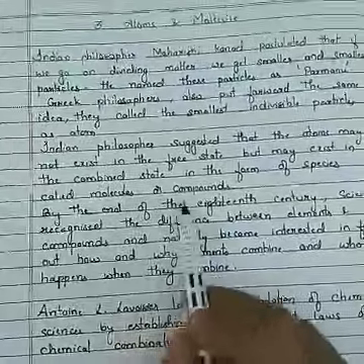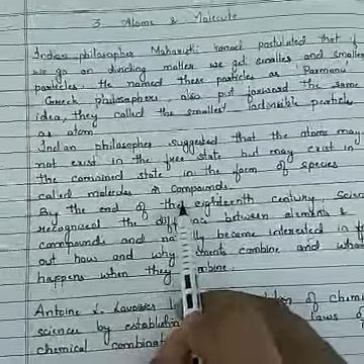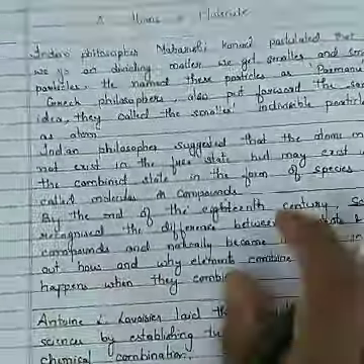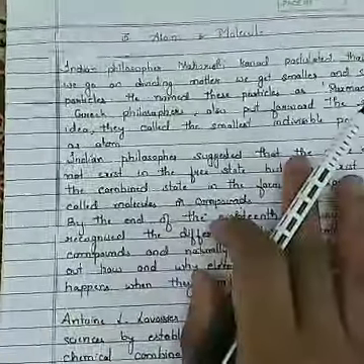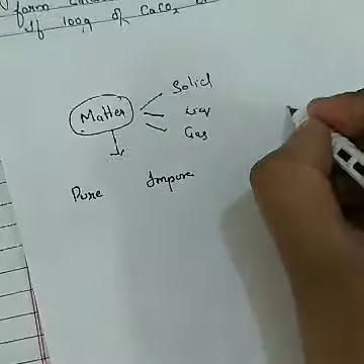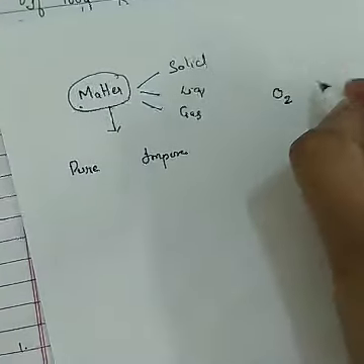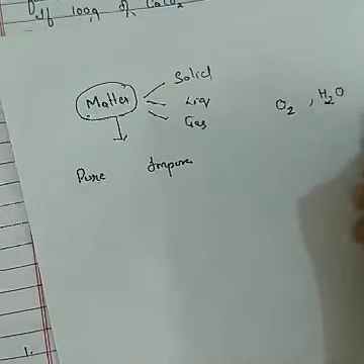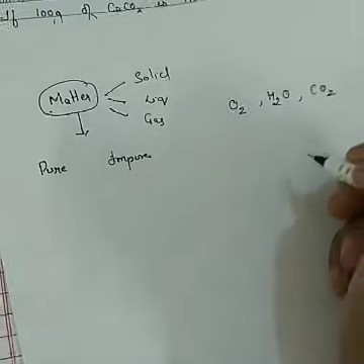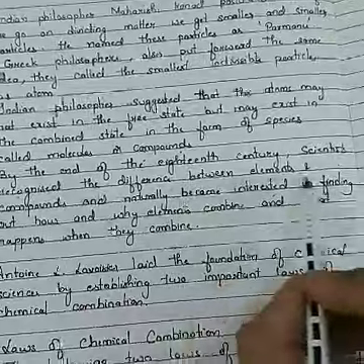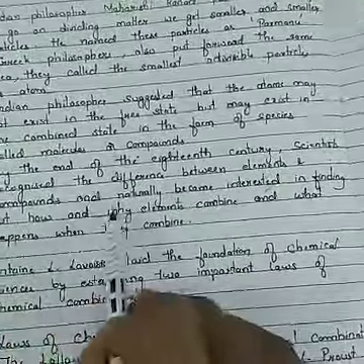You have studied about molecules and compounds. So Indian philosophers told that these small particles, that is atoms, don't exist in the free state, they exist in the combined state. Suppose an atom of oxygen exists in the combined state in the form of O2 or H2O or CO2. Okay. So, by the end of the 18th century, scientists recognized the difference between elements and compounds and naturally became interested in